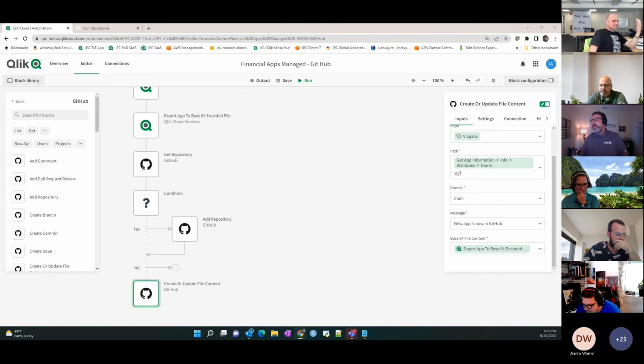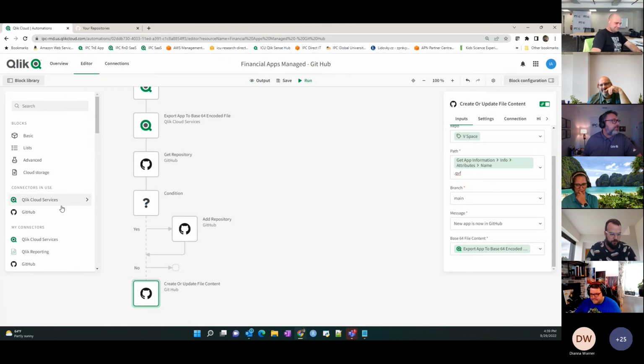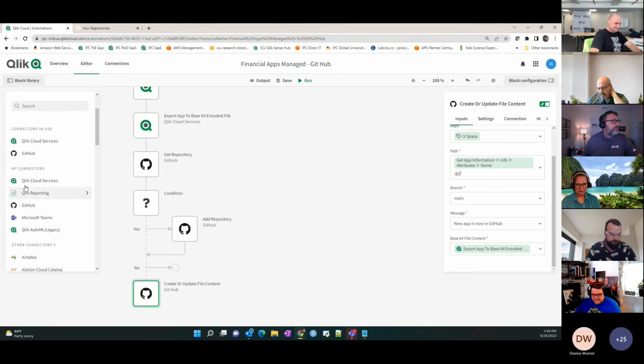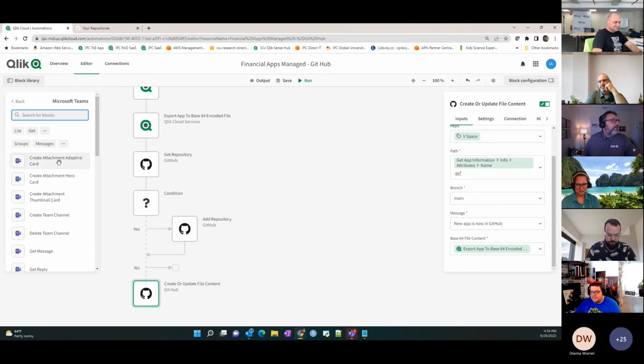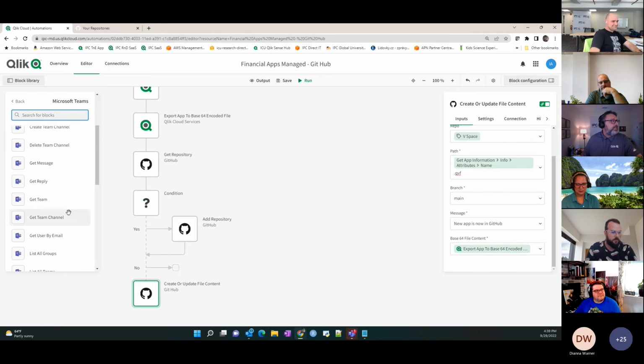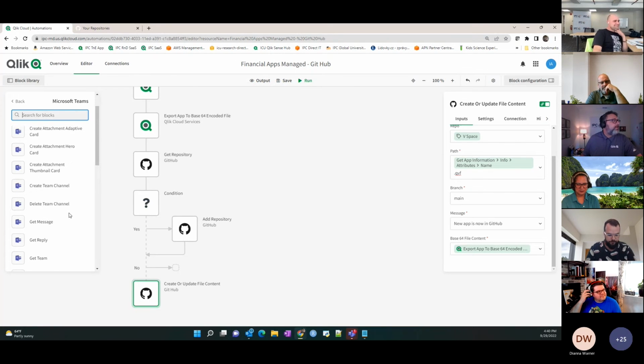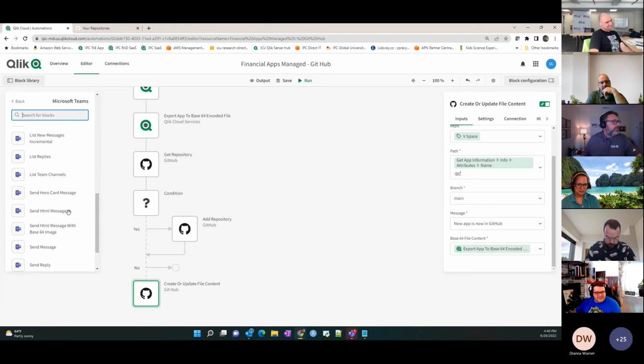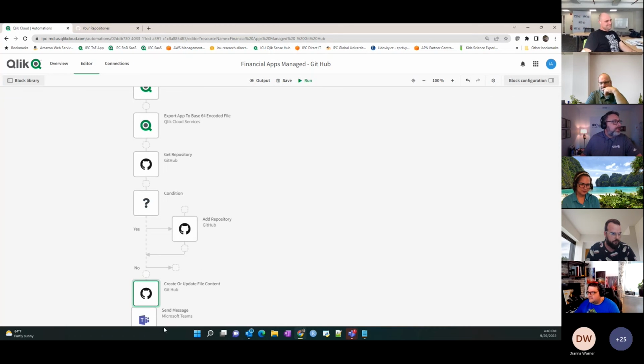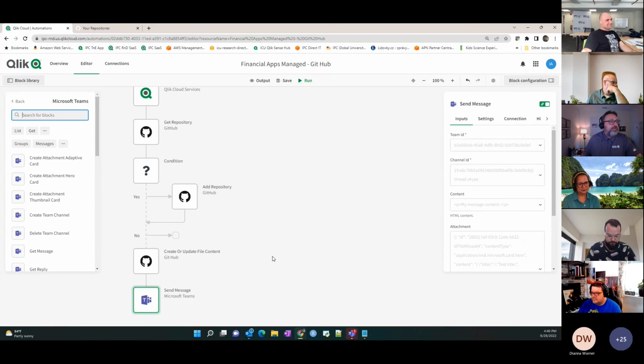So let's say after I do this, I also want to send a Microsoft Teams message saying, hey, the new app is published. So just because I want to use a third connector, we can go and find a connector for Microsoft Teams. It's in my connectors because I use it quite often. And we have a few actions here. The one that I want is send message. So we go to send message, and then I plug into after this,